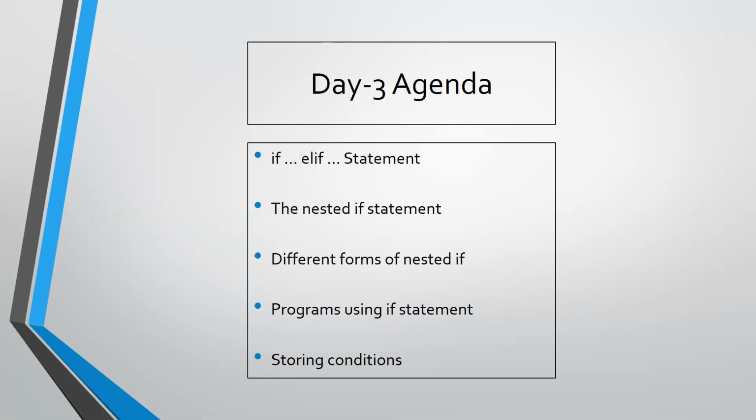Whether you want pizza or burger, you have to order it, right? Like that, what you want to calculate, whether it is the area of the circle or the perimeter of the circle, you have to give that option. So if you want the user to do the selection, then you have to display the menu. What are all the options that you are providing? You have to display the menu.